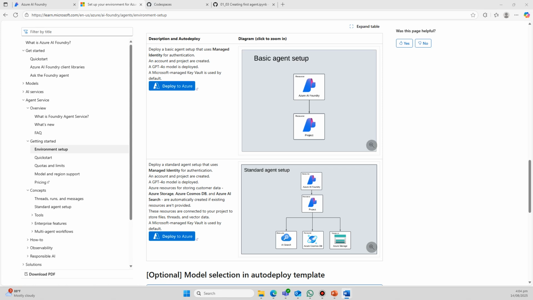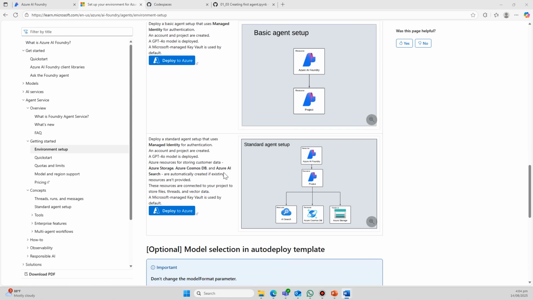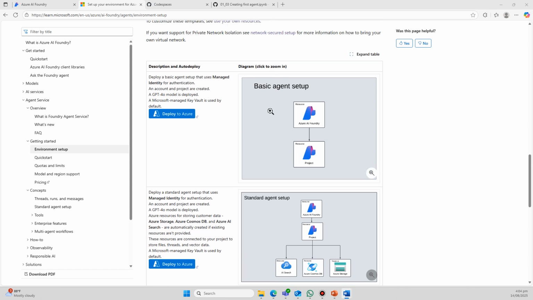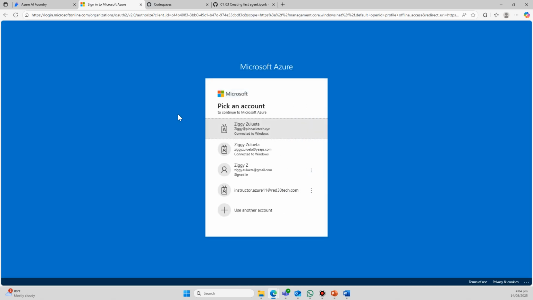As you can see here, there are many ways to do it, and the simplest way is to deploy a basic agent setup. So we click the deploy to Azure button, and we log into our account.